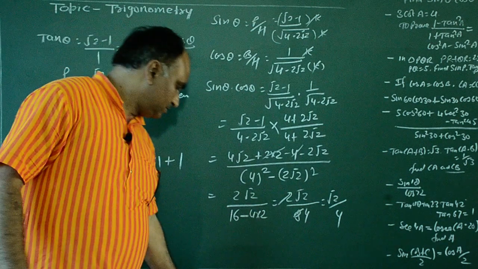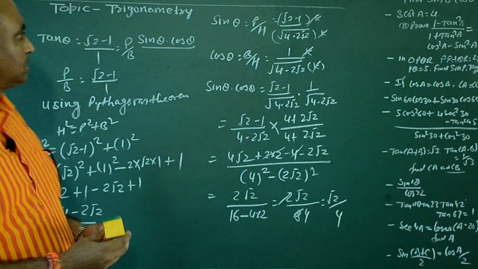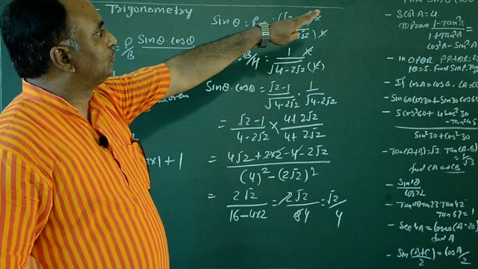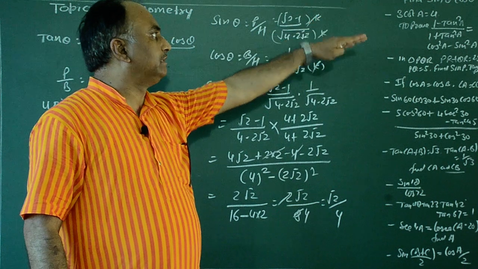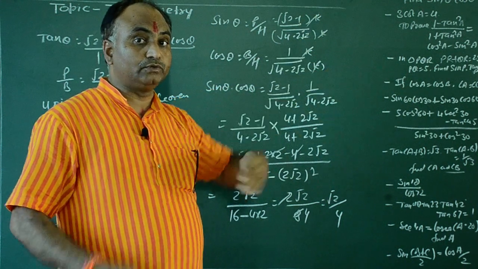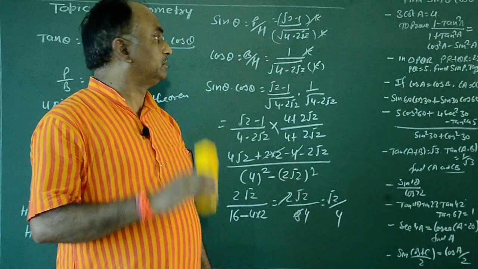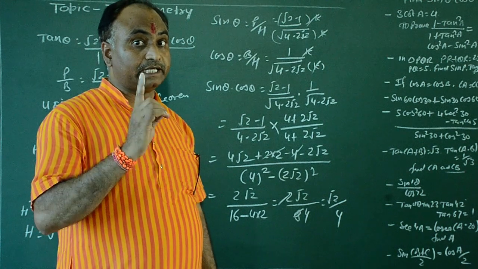Okay, this type of question you can solve. For example, if I have taken here root 2 minus 1, so you can solve it directly. You can put here root 3 minus 1, root 4 minus 1, root 5 minus 1. Okay, so you can solve this type of question, means many questions, so that you may consider it carefully.